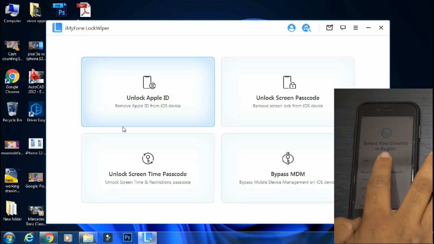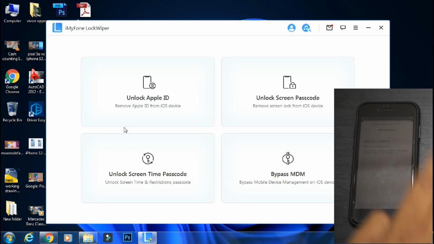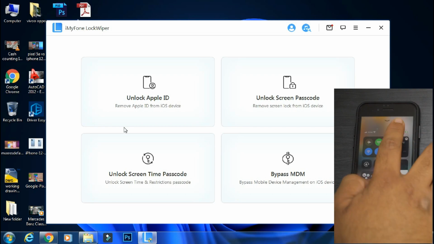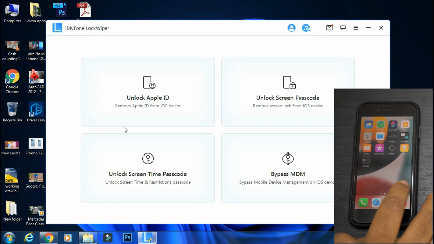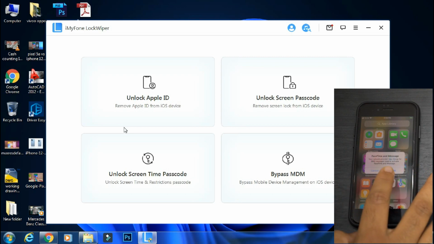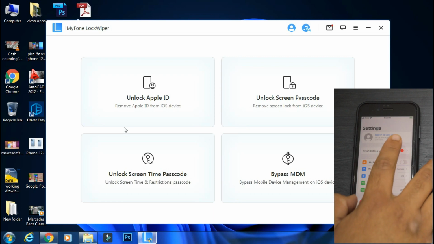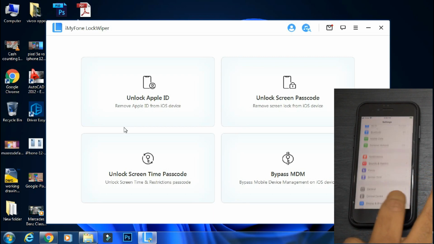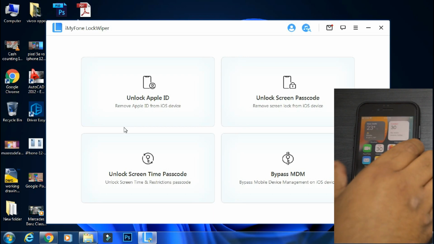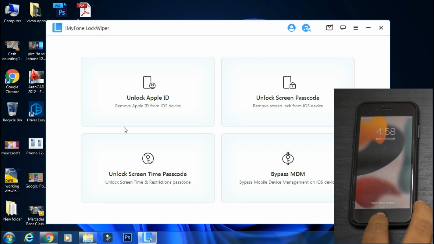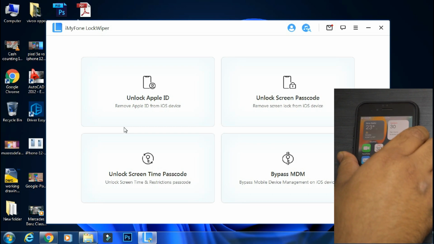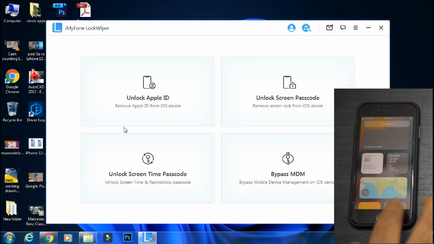The phone is back to factory settings like it was bought new. So now you just need to set up your device by the regular method. And if you have already backed up your device earlier on the cloud, you can restore it once your phone has started, so you will not lose any important data. The setup is complete and the phone is back to the home screen. But this process has wiped out all the data on my iPhone. So using Lock Wiper, we have successfully bypassed the lock screen in just a few minutes. You don't need to visit the service center if you forget your iPhone password. You can do it yourself using the unlock screen password feature of the Lock Wiper app.